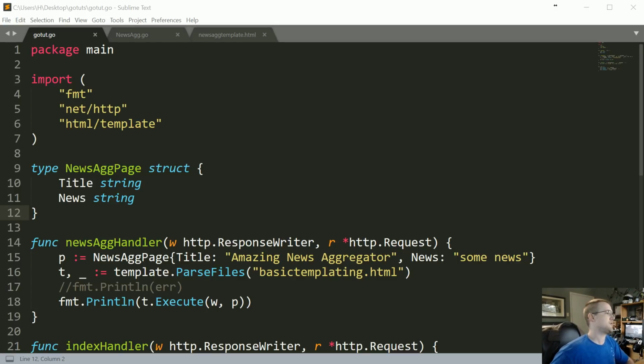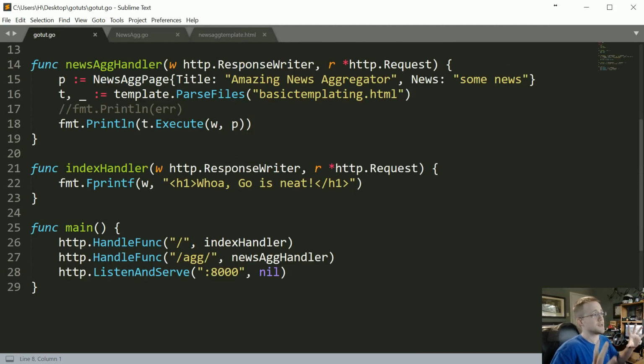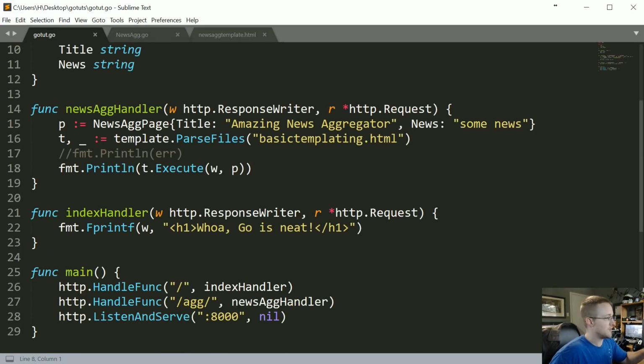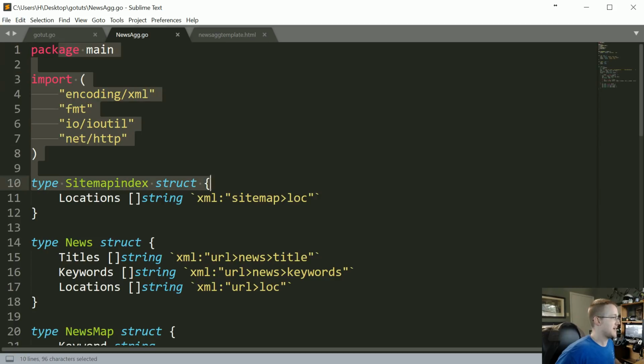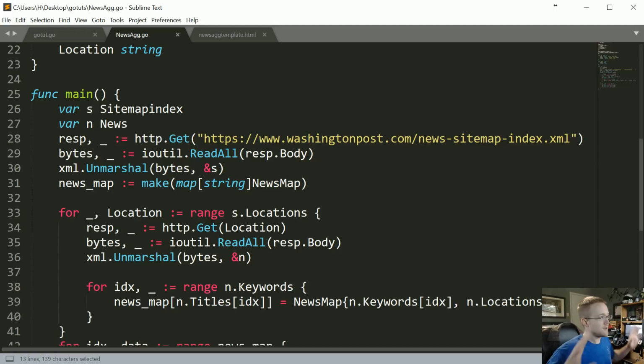Okay, so up to this point, we've got these two separate scripts, and I want to show them both, and basically what we're going to do is combine them. In the previous tutorial, this is the code that we wrote to exemplify how we do templating in Go, and previously we made this aggregator script, that visits the